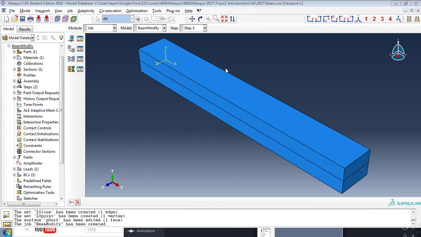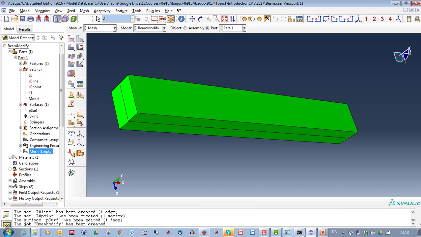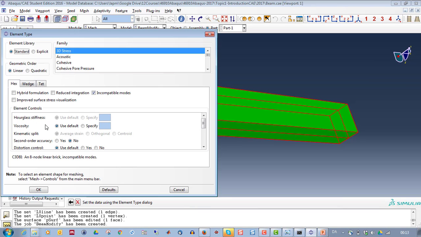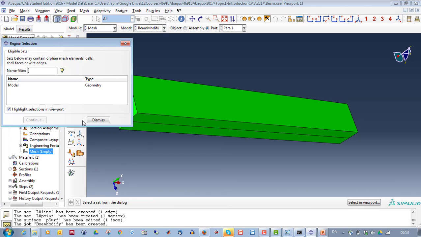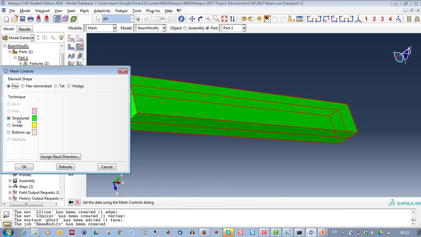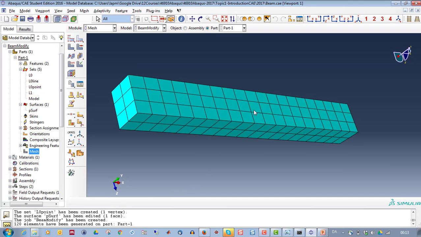After we have partitioned the structure, often the mesh will actually be removed, as the warning was also saying, so we need to remesh the part, but it's already defined. So the element type, we can check that for the model here, that the element type is correct, it is, and also the element structure, we can see that on the color that is green, but we can also select the region and see that it is structured and hex. So now we can remesh this part here and we get the mesh again.